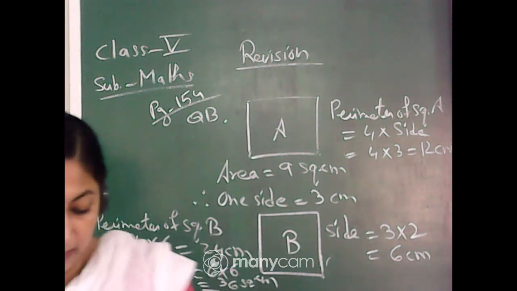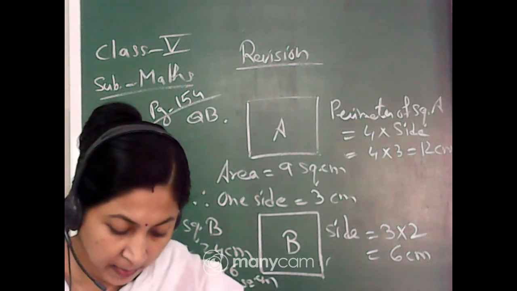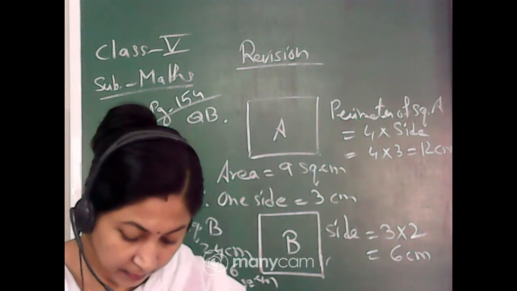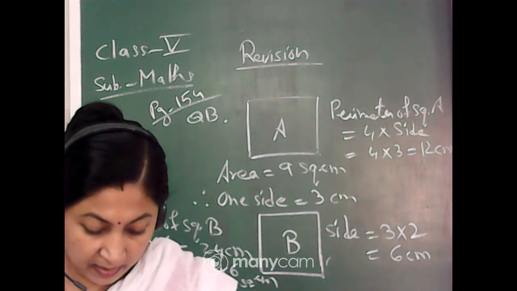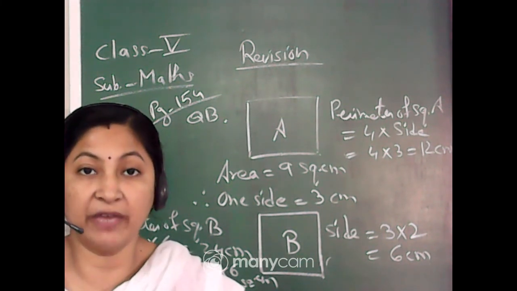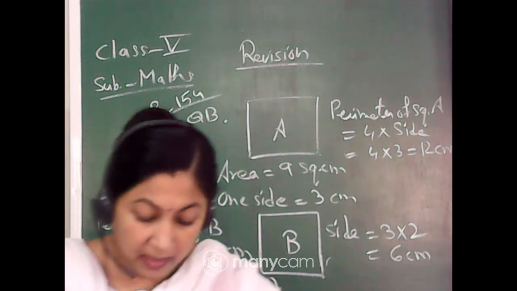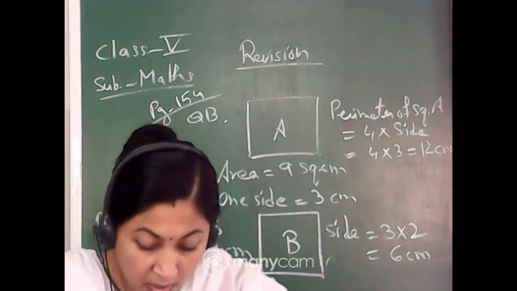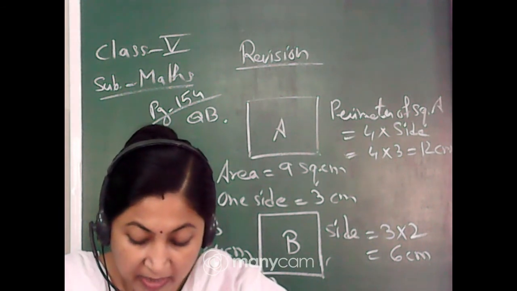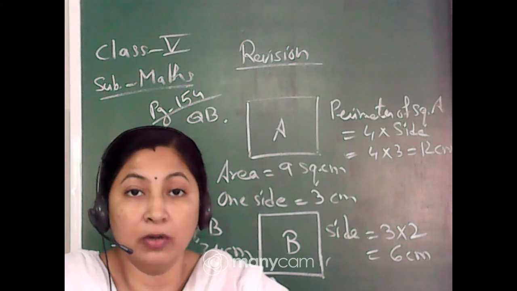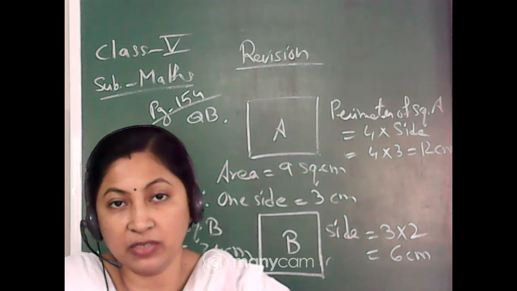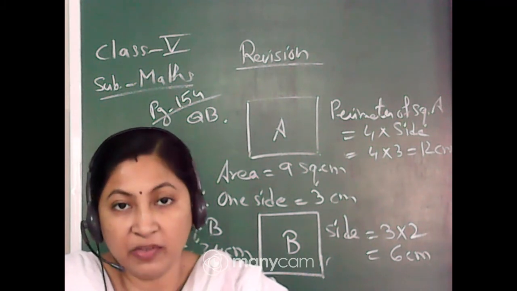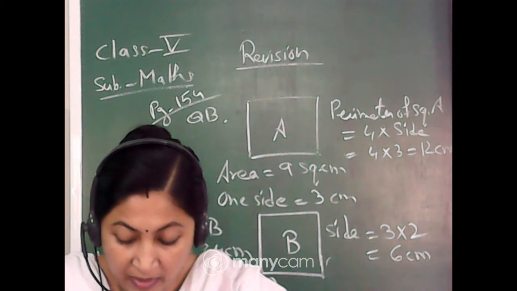Then next I want to revise page number 173. See, on page 173 there are again questions related to area and perimeter. That is Karuna, the landlord. Karuna bought 3 fields. Now you can see in the picture there are 3 fields shown. In your assessment it may be given that the length is this, breadth is this, and then you have to find the area or the perimeter of the land. So here field A, field B and field C, the sides are given.